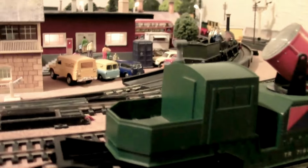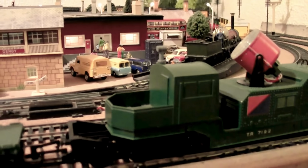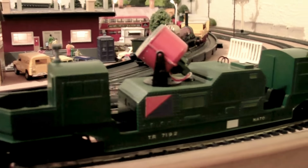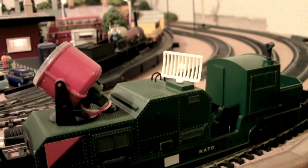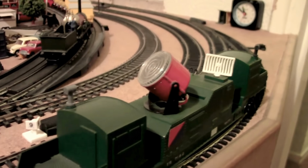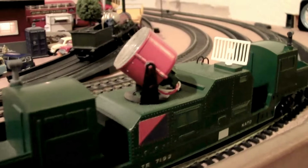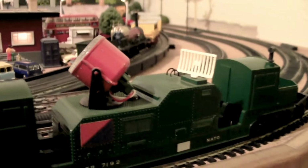You'll note that there's a chimney here on the cabin. Those chimneys could either be in grey or white or even black sometimes, and I do have a few of those in good condition. That's a grey one, obviously. The same thing with the antenna there, that's a repro one, because they're always missing or broken. The lamp itself, obviously that had a 12-volt bulb in it, but like I did on my Battle Space Searchlight Wagon, that has been completely removed. It's all been rewired properly for a nice LED, and it's got my anti-flicker circuit involved in it as well,